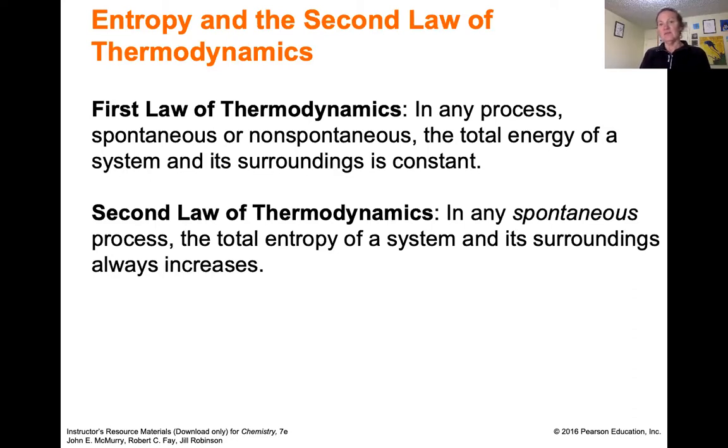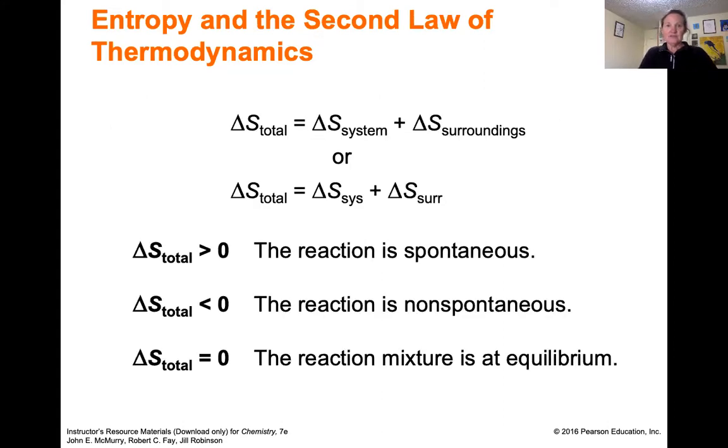It's the second law of thermodynamics that says in any spontaneous process, the total entropy of a system and its surroundings always increases. So that means the entropy of the universe is always increasing. That's the same as saying we're going to a more probable distribution of things as time goes on. So this will be the second super important concept from physics. The first one was that entropy is related to probability. This one relates the second law of thermodynamics to our understanding of spontaneity.